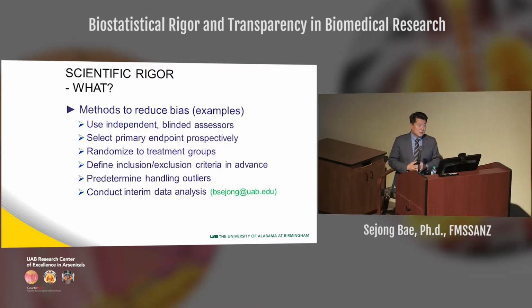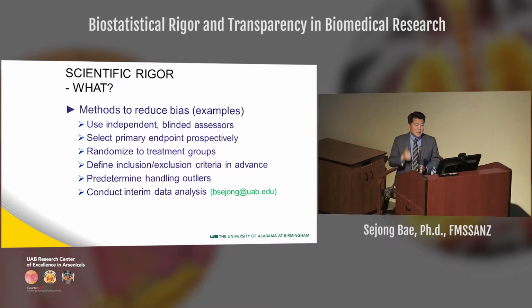So as we discussed, using the independent blind assessment is a good approach to reduce the bias. And then selecting a primary endpoint prospectively, not at the end of the trial, not end of the study. You measure like 20, 30, 40 measurements, and then whatever gives you a p-value less than 0.05, you want to use that one going forward. That's not a good idea. You need to decide what will be the primary outcome and do a proper sample size justification. Other things you may explore and see for the next study, but not as the primary outcome